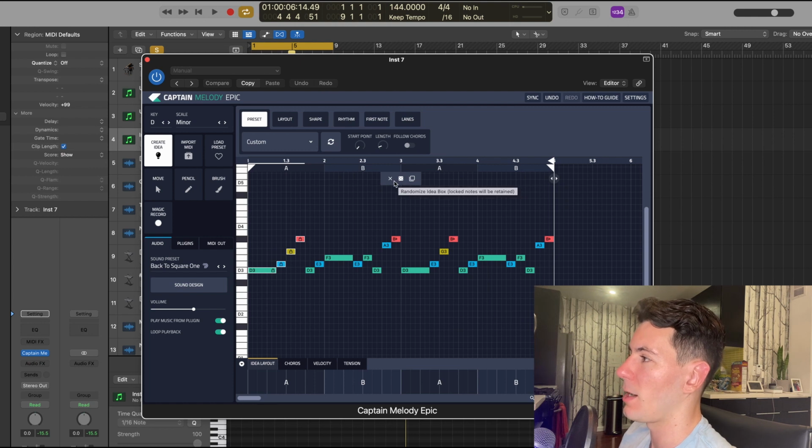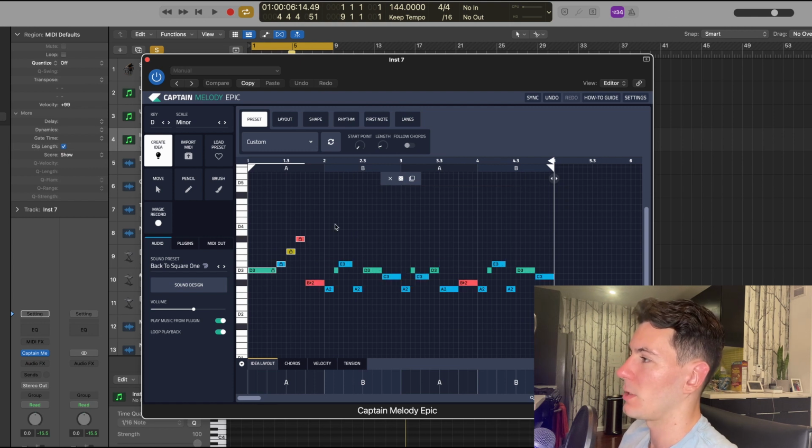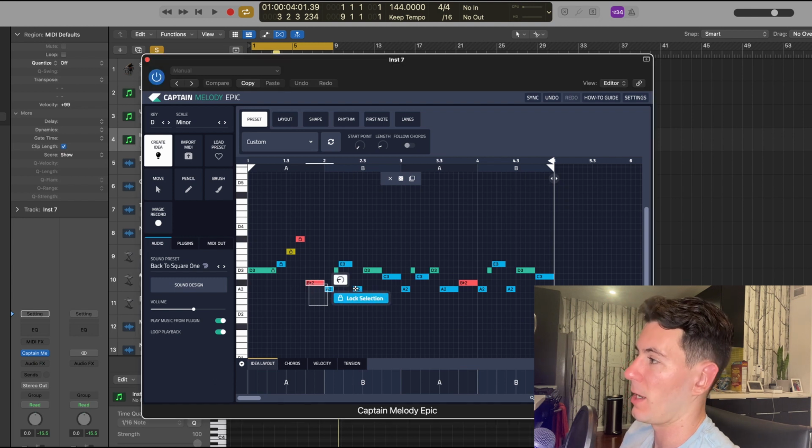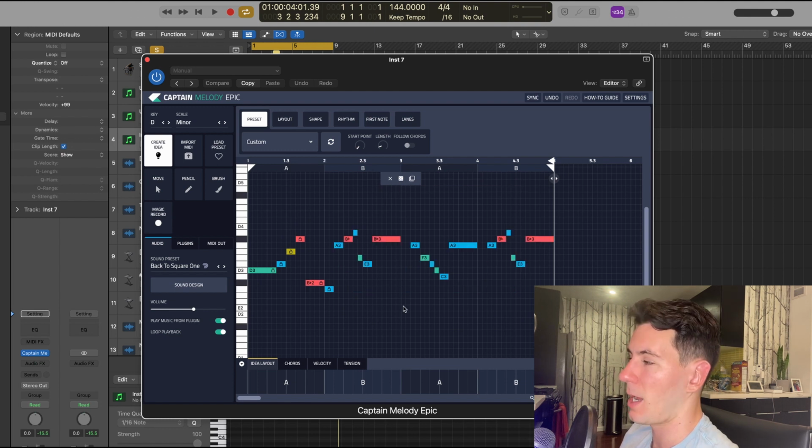So I'm gonna go ahead and do that now just to show you. And let's see what this sounds like. And that's pretty cool. What I typically do is continue to use this lock feature as more and more notes end up in the place that I want them. So for instance, in this case, I thought that these two sounded really good after this initial pattern that I liked, right? So I'm gonna click that lock button again, and I'm gonna hit the randomize button again. Now let's see what we got.